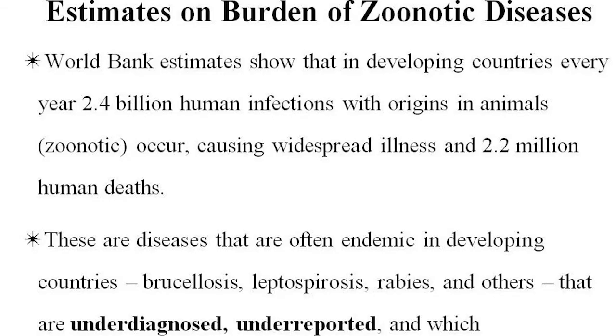Estimating the burden of disease is one of the areas where different partners working on One Health should work. World Bank estimates show that in developing countries every year 2.4 billion human infections with origins in animals occur, causing 2.2 million human deaths. These are often endemic in developing countries, and they are underreported and